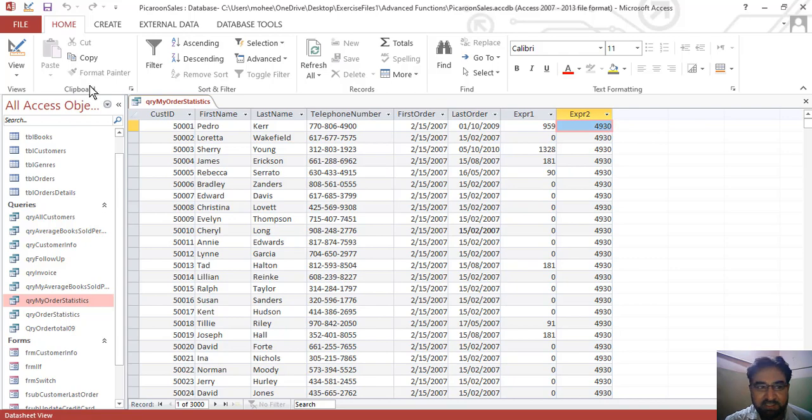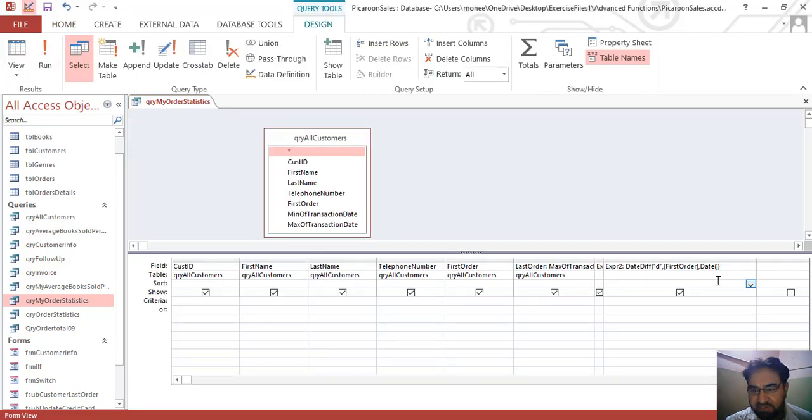So you can see how we can use the DateDiff function. Let me try this field another way. Actually in this field I have got the days difference from the first order. What I wanted to see is the days lapsed after the last order.